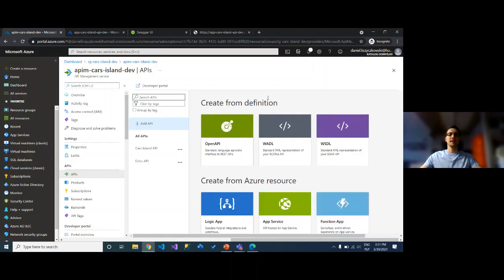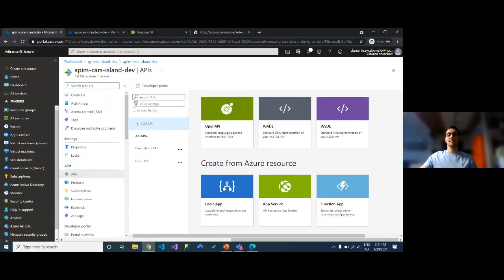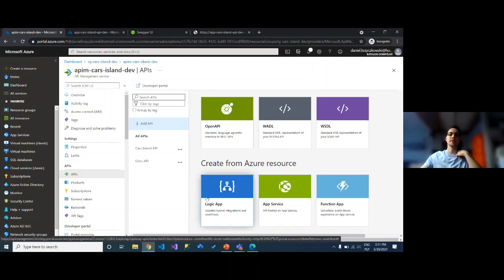As you can see, there are different options like Open API or some other protocols like the description languages for APIs here. But also I can create this API using Azure resources, and this is really cool because here I can use either function app service or logic app, and then I can import this API directly here using Azure API Management